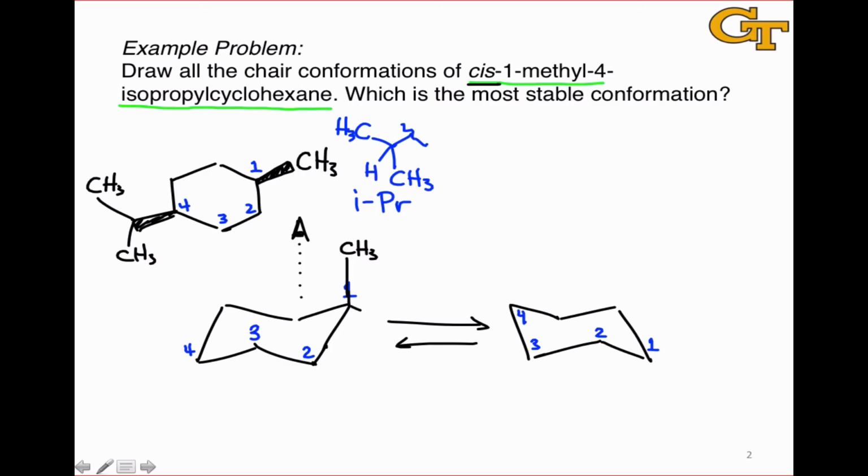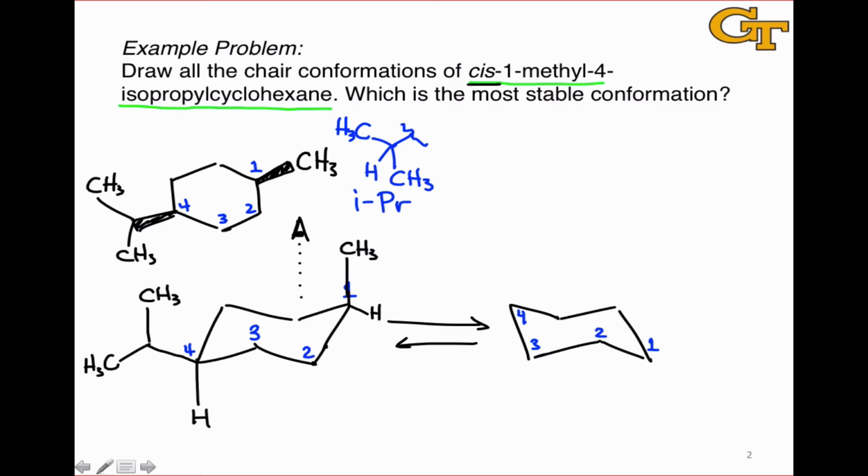And just to clarify that, the hydrogen on that carbon would be pointing here, and clearly we would want to put that on a dash since it's pointed away from us, right? Pointed back into the plane of the screen or the page or whatever we're looking at as we look down on this structure. If that CH3 is wedged and in an axial position, then the isopropyl group must also be pointing out towards us. And if we draw the two positions on the 4 carbon, we see that the position pointing towards us, right, is this one right here, the equatorial position. And so the isopropyl group here will be sitting on the equatorial position at carbon 4, and a hydrogen will